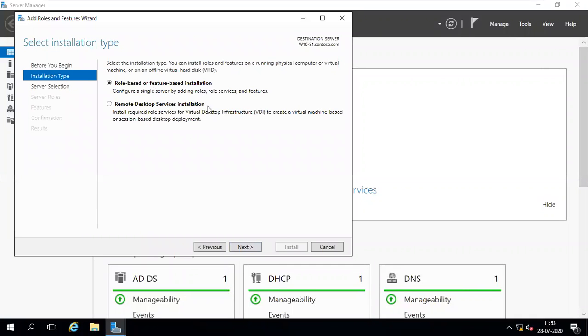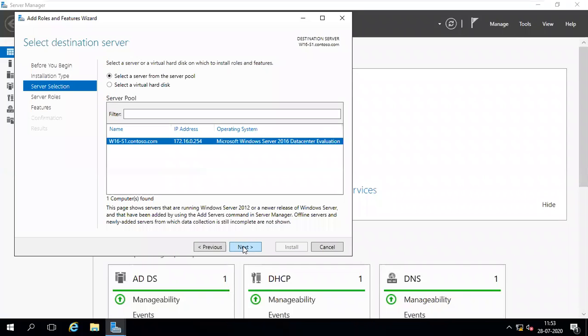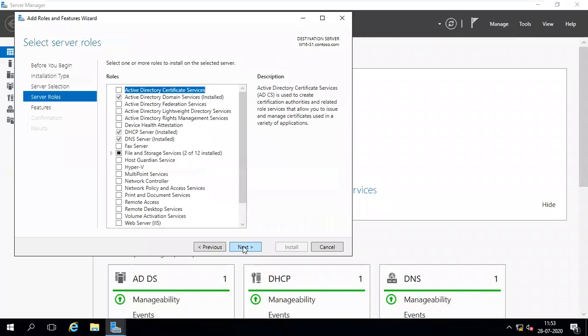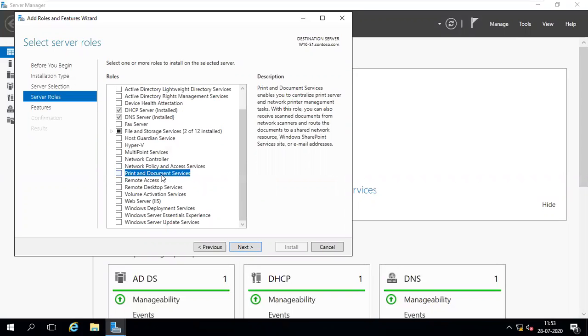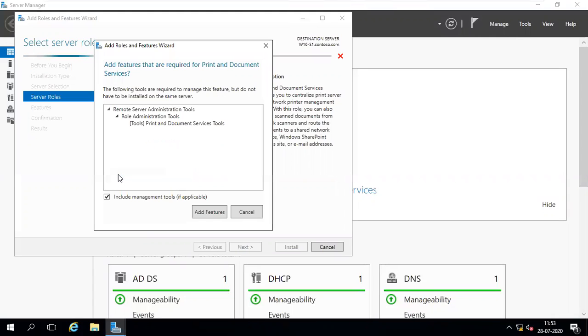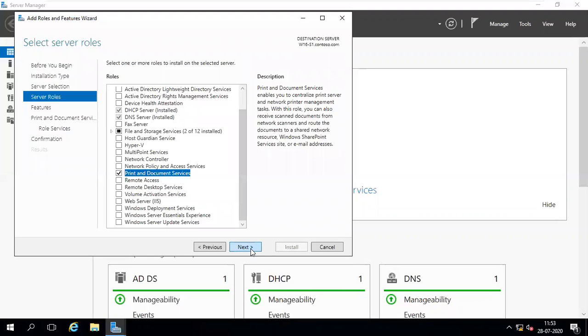Role-based or feature-based installation, first option only. Then you have to find Print and Document Services. Select it, then click on Add Features. Next.